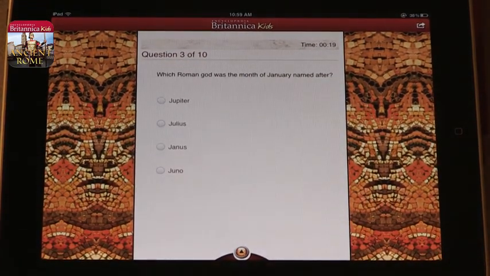And you can see how this works. As you move along, it'll tell you which answers are right and which answers are wrong, and it'll give you a score at the end. And you can retake the quiz. It's different every time, so it's not just one thing.